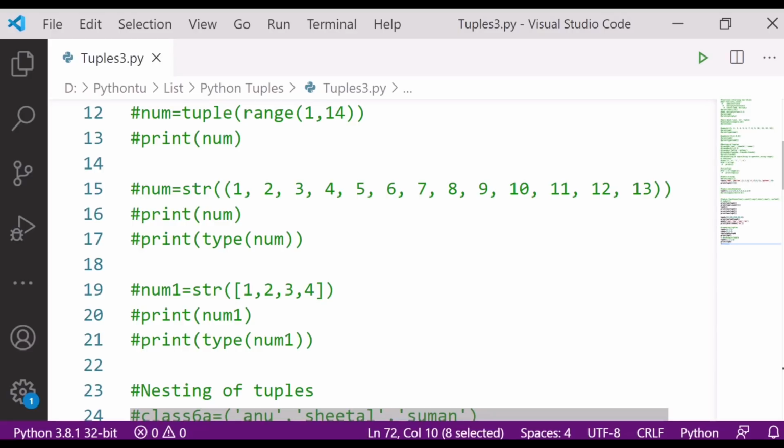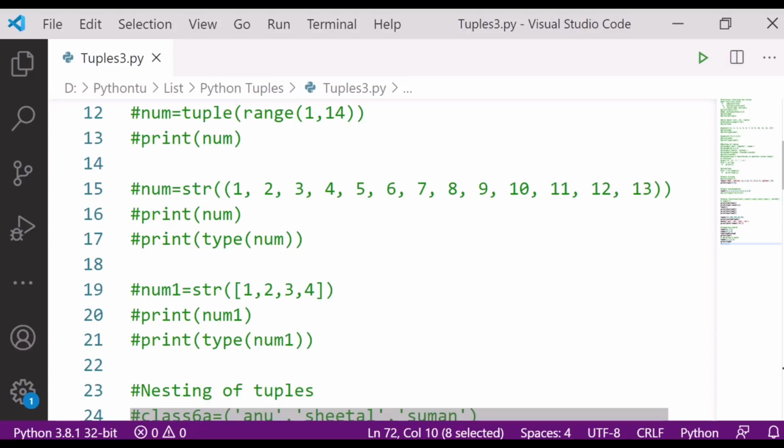We cannot add an element to a tuple. We cannot sort a tuple, but in a list we can sort by calling the list.sort method. We cannot remove or replace an element in a tuple, but we can in a list.